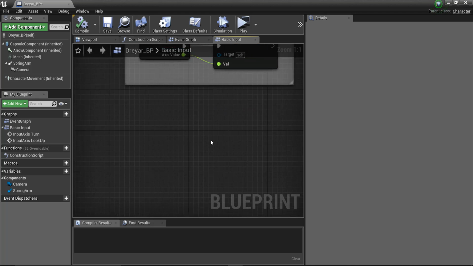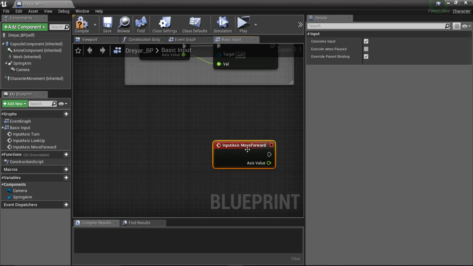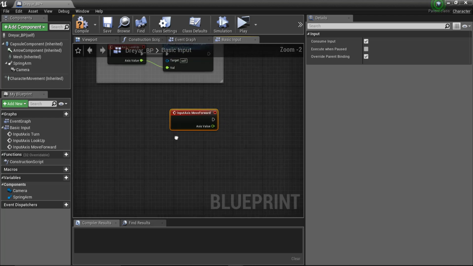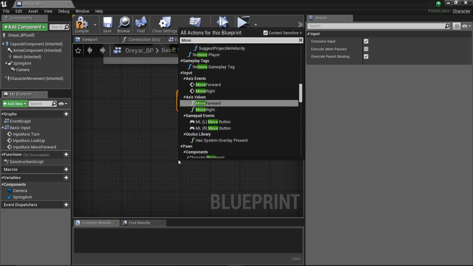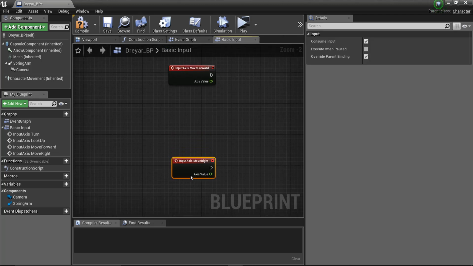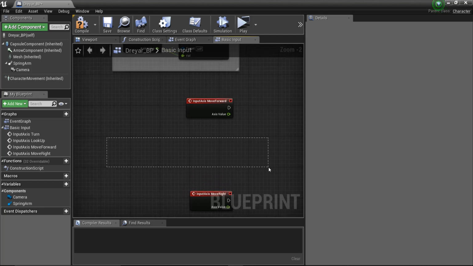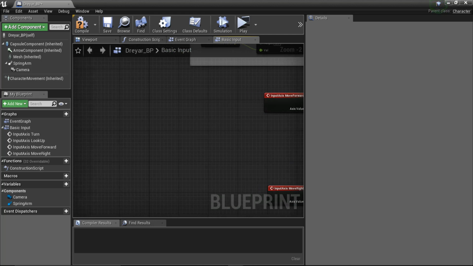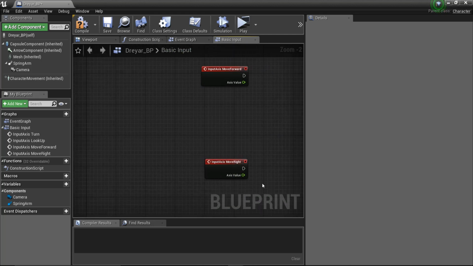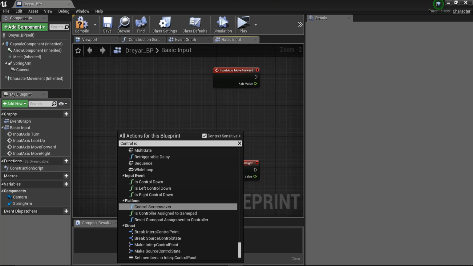When we go back here, type in move forward. Here, there we go, we have our input axis, and then the same we can get move right too. Now to do anything with these, first we actually have to get our control rotation so that we can move forward or move right depending on which direction we're looking at. So we're just gonna get control rotation,